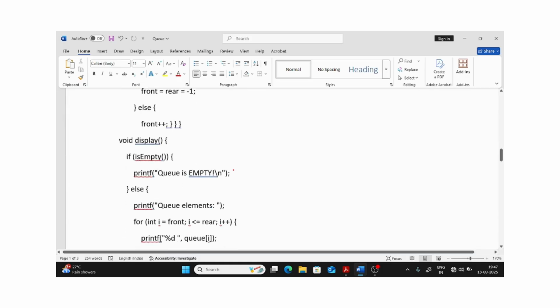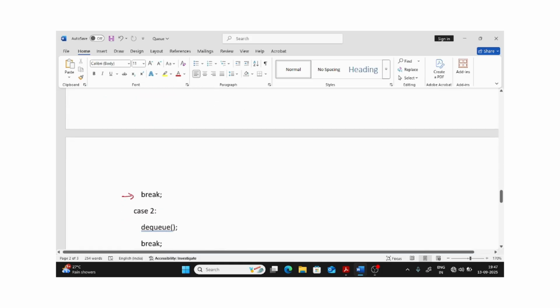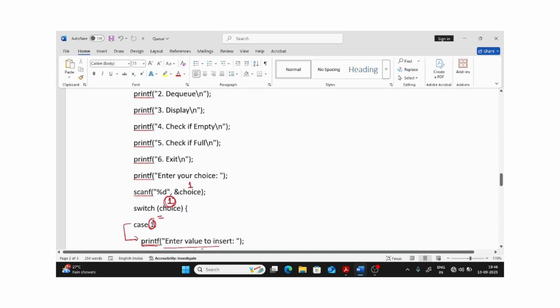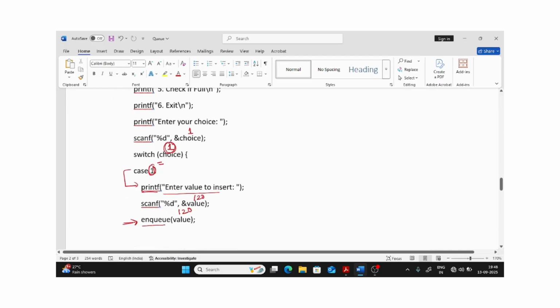Then I go back again here and say break. I have the break statement. It will go out of the switch statement. We are still inside the while loop. So again the while loop is called here, and I give the user 6 options. I enter again choice 1. Now 1 matches 1. Therefore again we say enter value to insert,